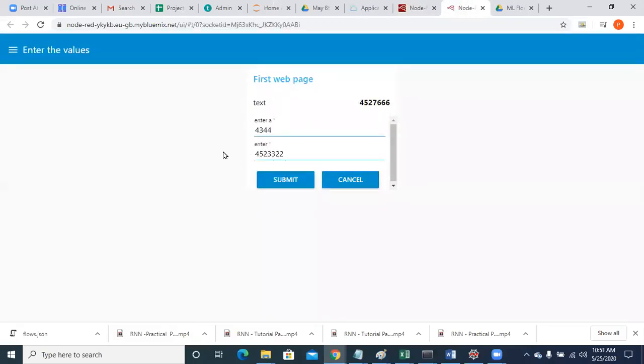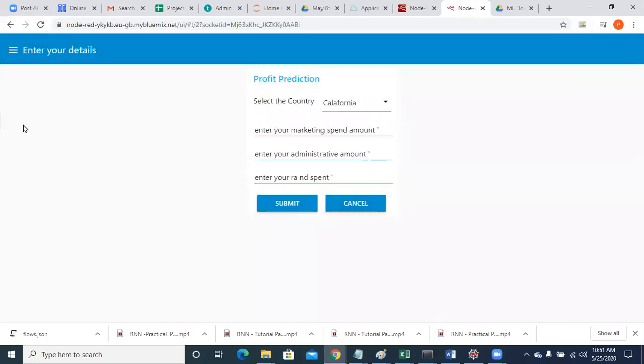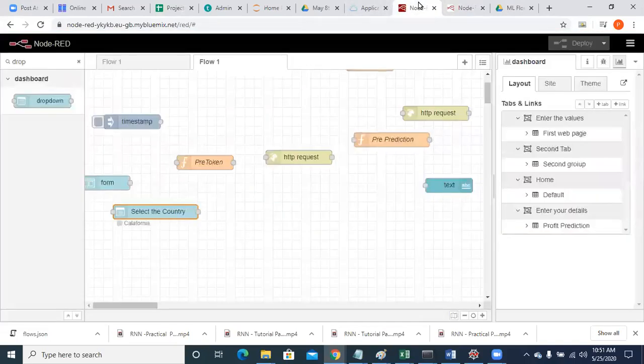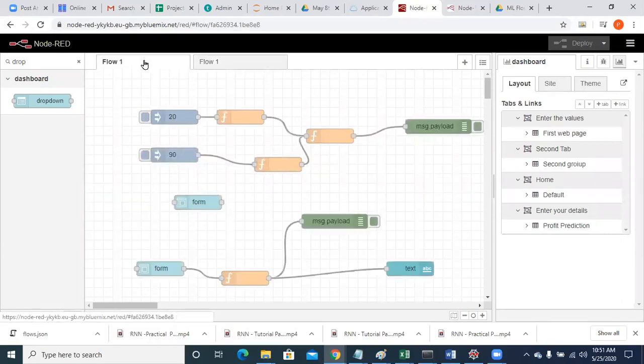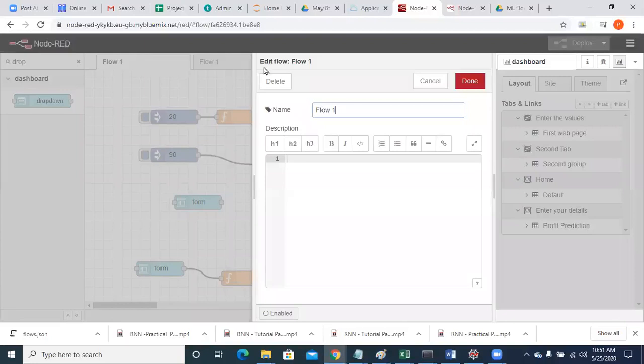All right. So after you have opened this, you have to select your UI every time, right? So instead of you doing this every time, you can disable your flows. How can you disable it? Click on first flow, double click on it. Here you will have an option called disable or enable. Just disable it.